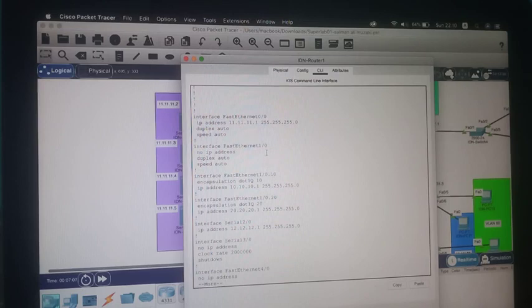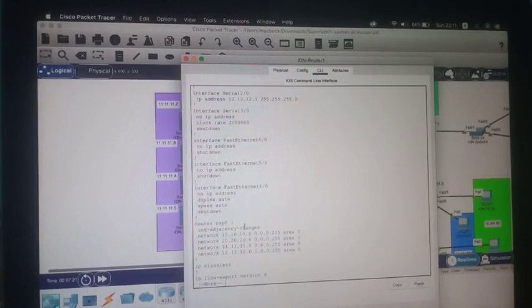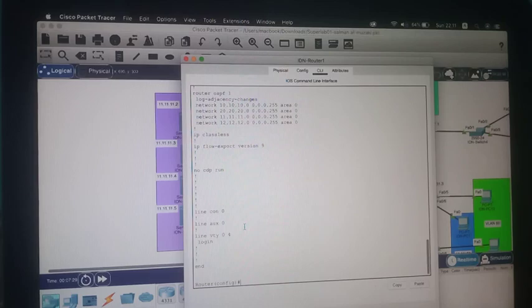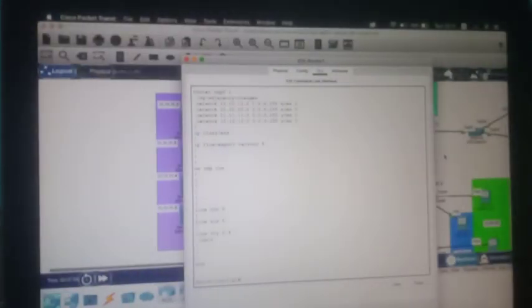Interface Ethernet 1/0 and more, then 20 and 12.